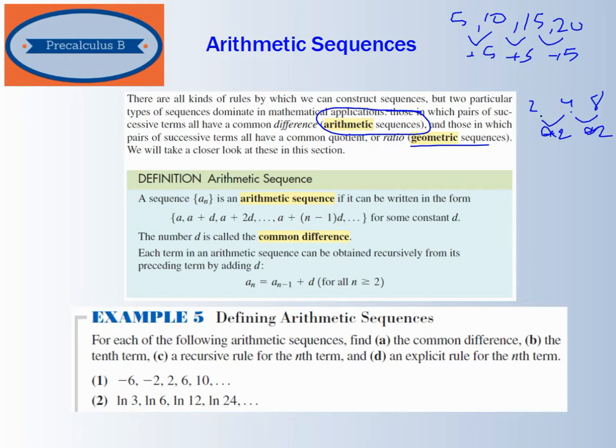All right, so an arithmetic sequence can be written in the form a, a plus d, a plus 2d, and so on, all the way to a plus (n minus 1) times d. We're essentially saying it's some starting value plus the common difference, d, times the number of steps, for some constant d. Not the previous term, but the previous number in the term. So like when we thought about the 100th term,